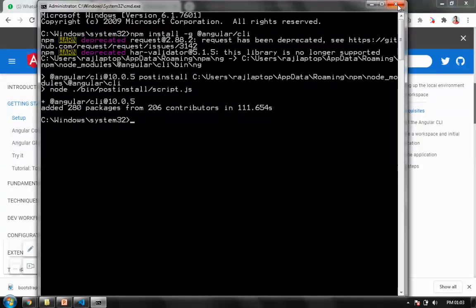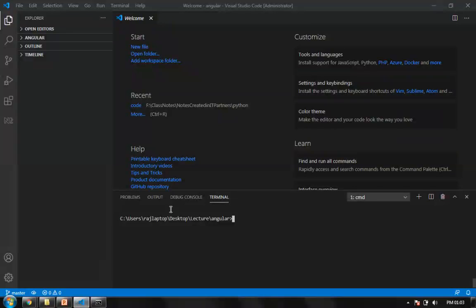We again go into this Angular folder. We are currently in the Angular project now. The last command I typed was ng new my app. I press enter. When I press enter, it tries to create a new app for me.